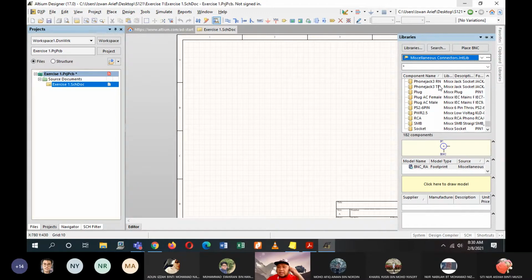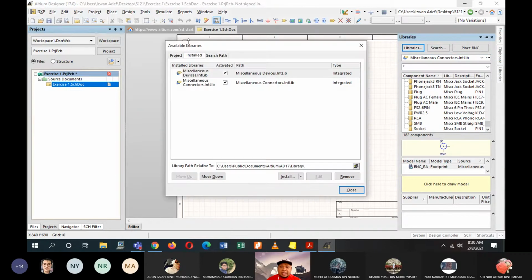So let's say you are missing these 2 libraries, don't worry, you may install them. You may install them here. For example, if you don't have these 2 libraries, you just click on libraries, and then the available libraries window will pop out like this.